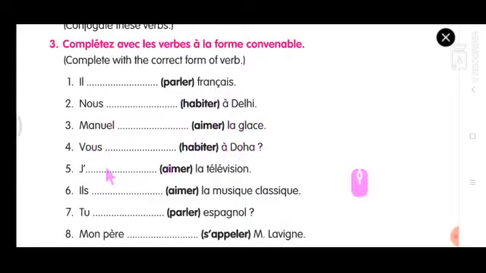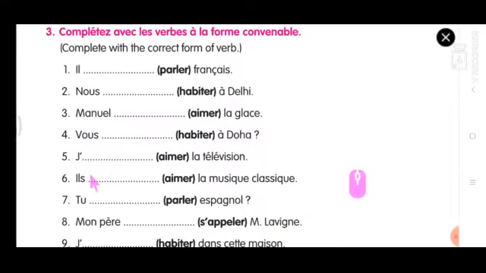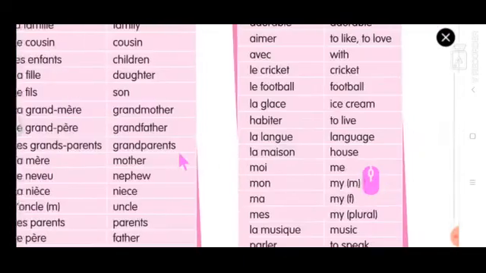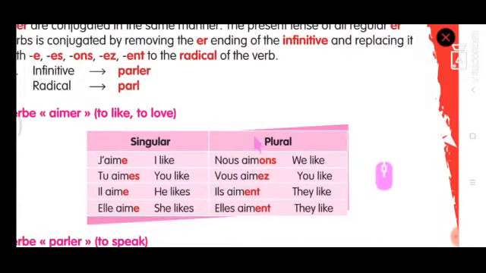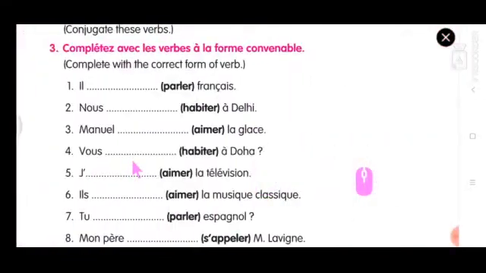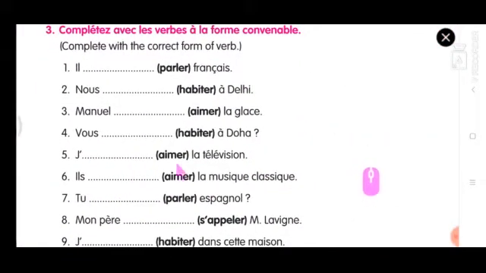And see, this one is an easy one once again. J apostrophe aimer verb la télévision. Okay, j'aime la télévision. So take out the ER and write the radical. A-I-M is written. Now, even though you know, you just check what should be written. We should just add an E. So that is the answer. J'aime. A-I-M-E. That is the answer. J'aime la télévision.